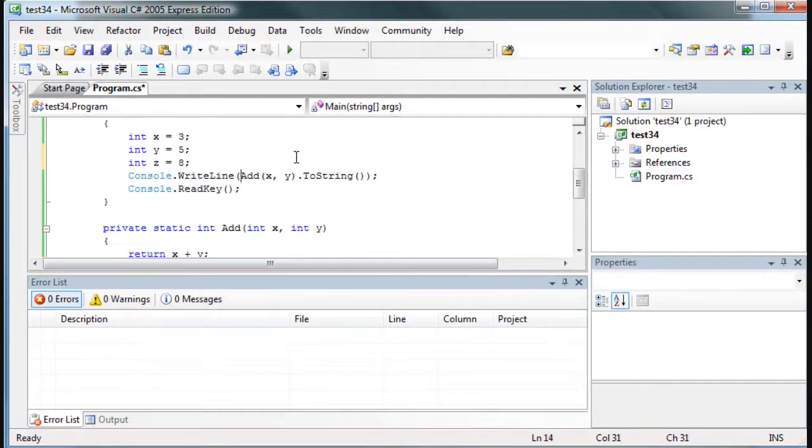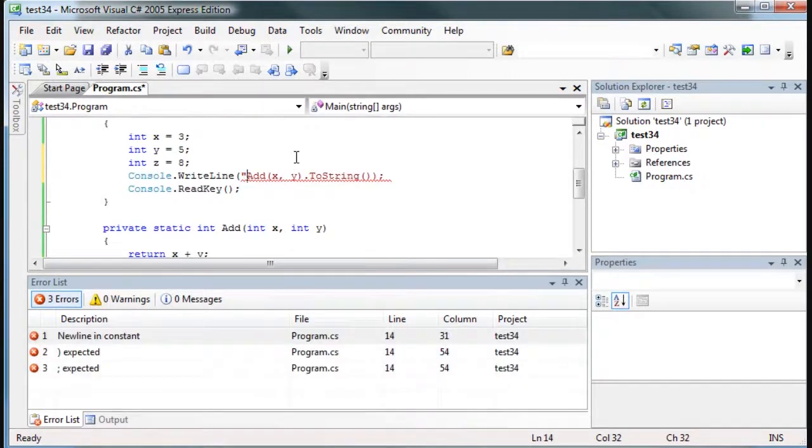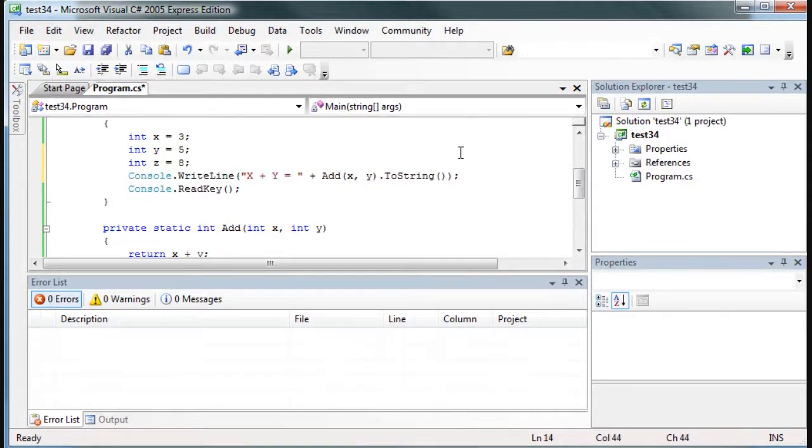And I'm going to change the WriteLine to "x plus y is equal to" plus add x comma y. Now I'm going to make another WriteLine,